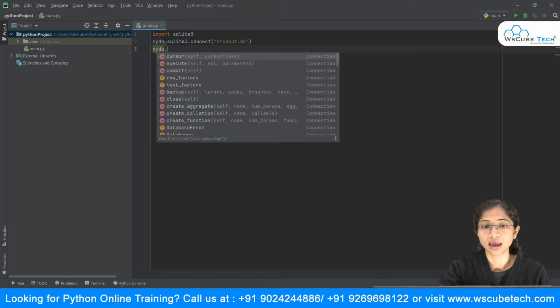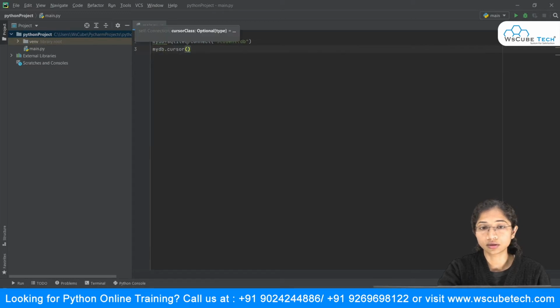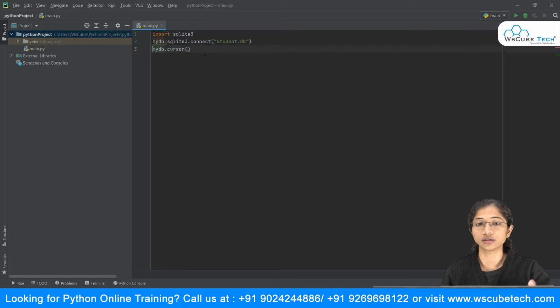All right, and I will just put this as well inside a variable. So say x is equal to mydb.cursor method. So I'm just creating my cursor object over here. You can simply say that this x is an object. All right, this mydb is an object. So I'm simply creating a cursor object over here.